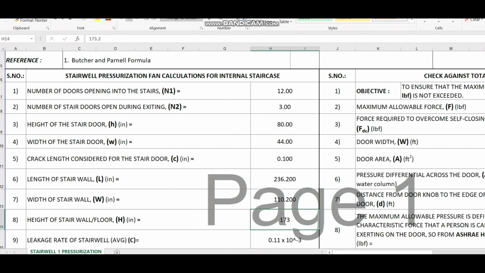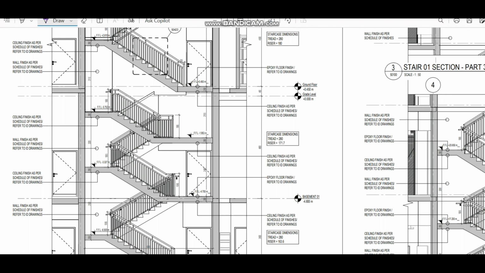This is the question I asked you earlier also, because if you see here, at this level it is 3600 height, this level 4800, and this level, ground level, 4500. So how will you measure the height if you have different values like this? That is very important here. So if you go to our design,